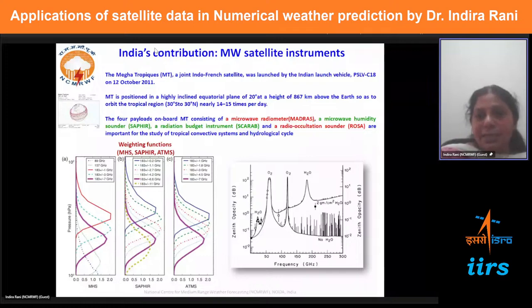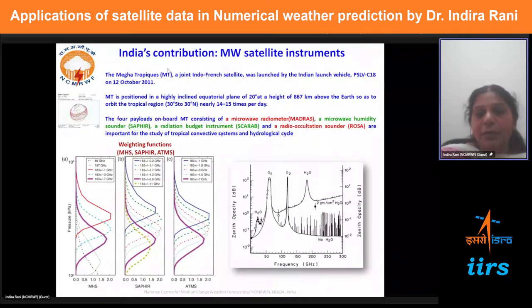at a height of 867 kilometers above the Earth, so as to orbit the tropical region, that is between 30 degrees south to 30 degrees north, and nearly 14 to 15 times a day. So in Megha-Tropiques, we had different payloads. So the payloads were